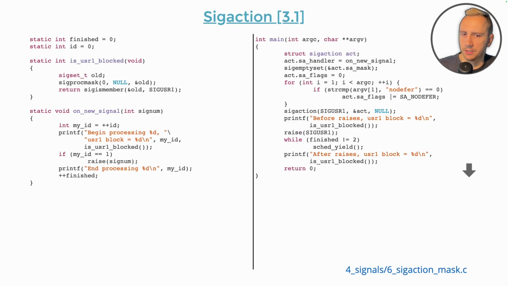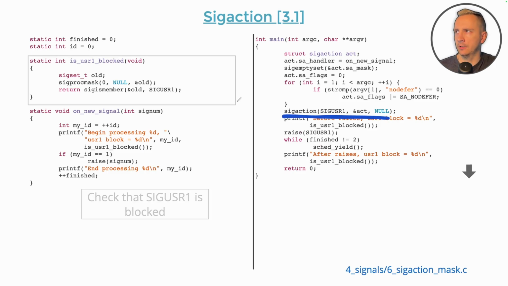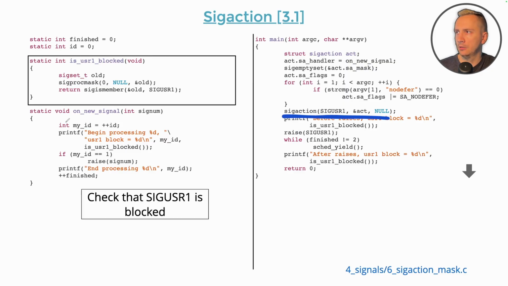The next example demonstrates how the signal mask is working. The program sets a handler for SIGUSR1 here, as you can see. And this is the function on new signal, which will be checking if the user signal is blocked, using my custom function isUser1Blocked. I will be checking if the signal is blocked during execution of the handler. And I will be checking it in two cases. Firstly, when I just created it by default without this thing,